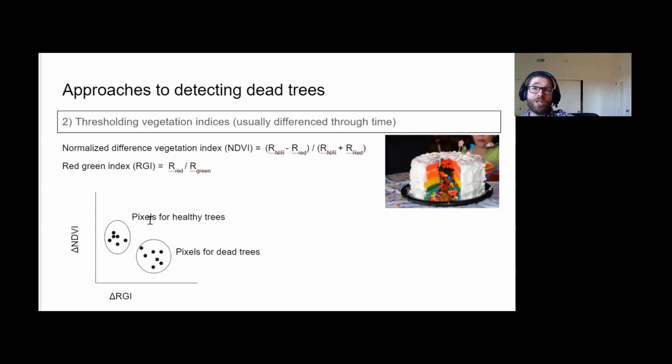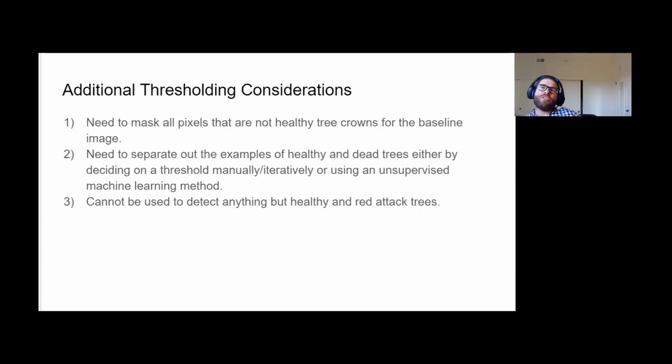Another common approach is to use an unsupervised machine learning algorithm to cluster the pixels, expecting pixels of green and red attack conifers to naturally fall into different clusters. Regardless, some examples of healthy and red attack pixels are still necessary to tune and understand its accuracy. While the thresholding approach has a nice advantage of being firmly grounded in the expected physical properties and optics of